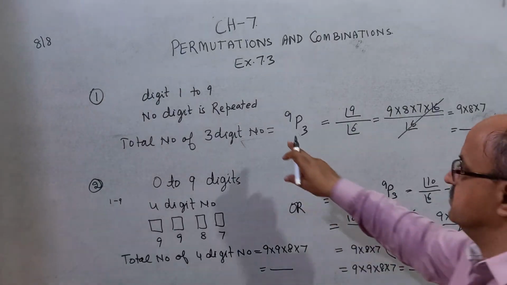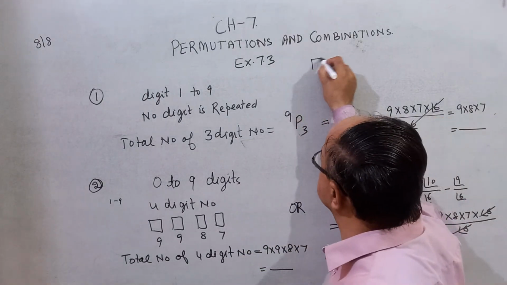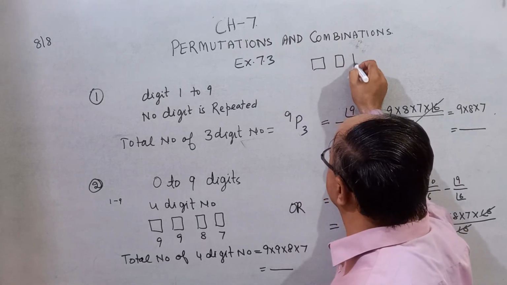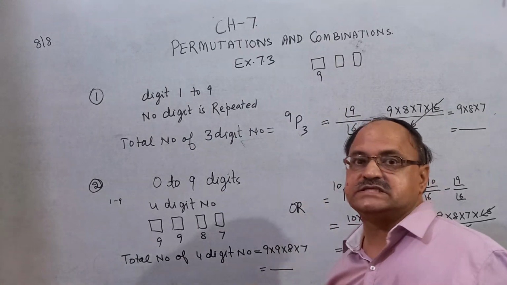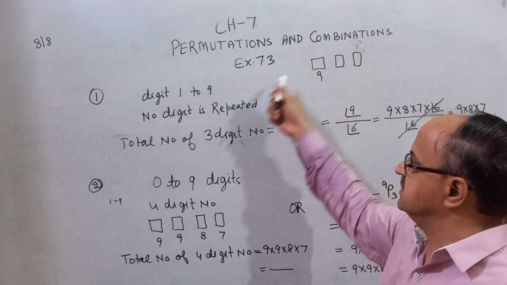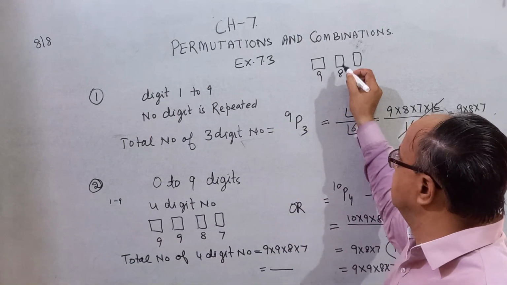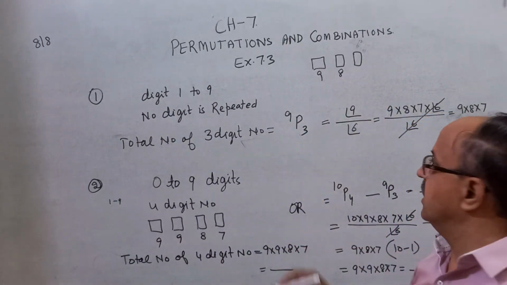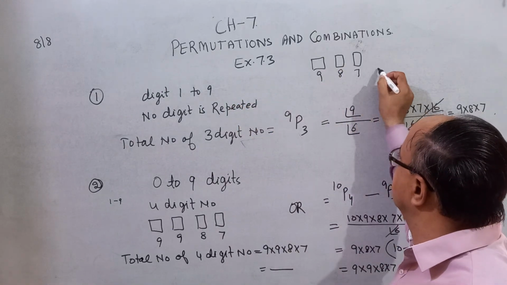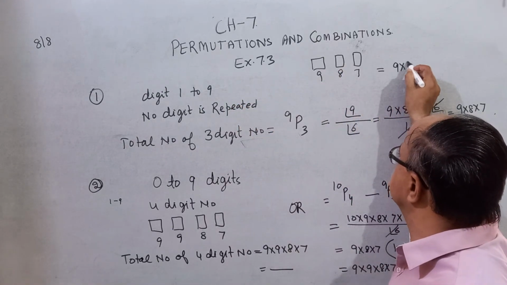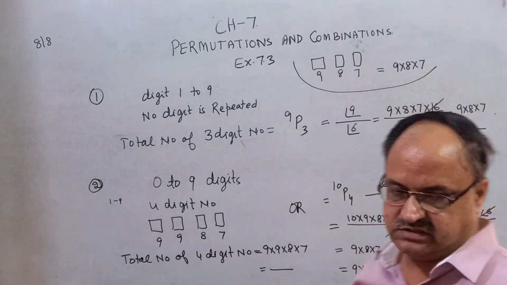And this question also you can solve using boxes. Because you know that for the digits 1 to 9, you can fill this column in 9 ways. When you put 1 digit here, the remaining digits are 8, so you can fill this column in 8 ways. When you put the second digit, the remaining digits are 7. So therefore your answer is 9 into 8 into 7. You can solve this question like this. Correct?